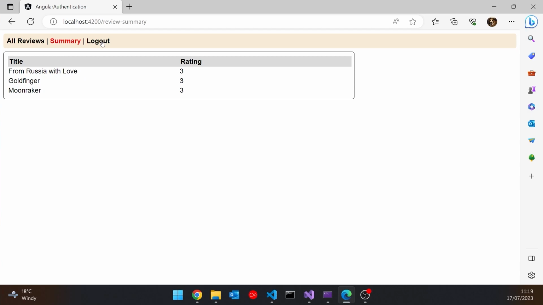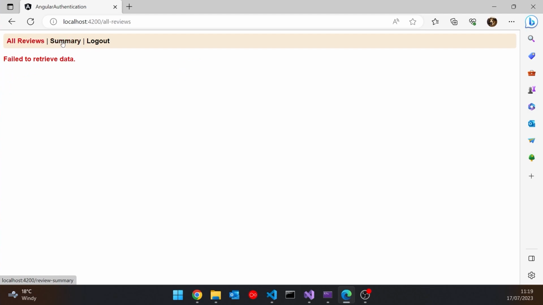But if I click on logout, it doesn't do very much as yet. But if we now try to navigate to another one of those, then we can see that it's logged us out and we can't get the data anymore. Bit of a problem though, we've lost the login button, so we can't get back in there. So we've got to do just a little bit more on that. We've got to make this user component a little bit more friendly. So what we'll do is we will do something like this.